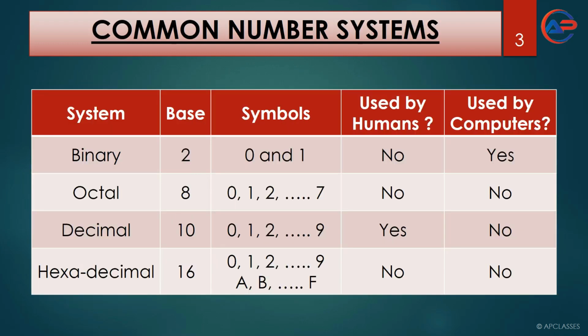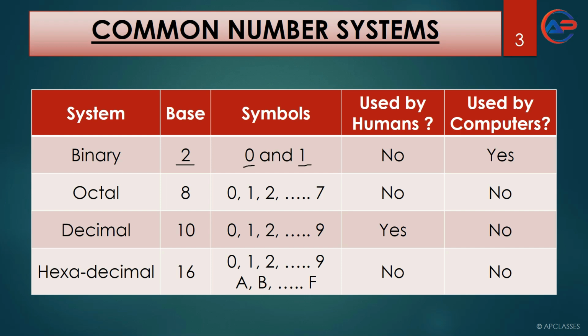Now we have to be very clear about the base before we start anything with the number system. The first one is binary number system. Binary number system has a base of 2. The next one is octal number system. Octal number system has a base of 8. Decimal number system has a base of 10, and hexadecimal number system has a base of 16. Now why do we say that it has a base of 2? The reason is, when we say that it has a base of 2, only 2 symbols can be used, that is 0 and 1.